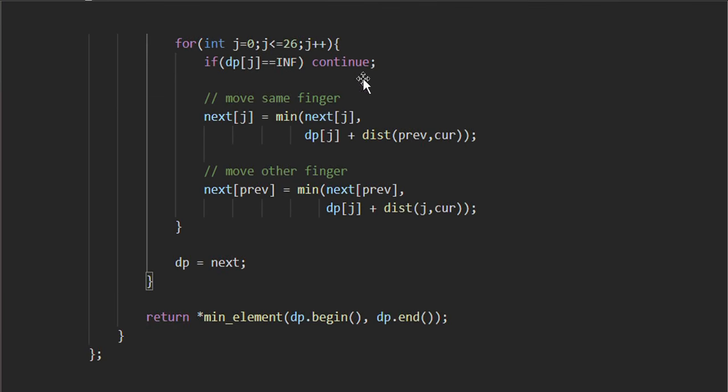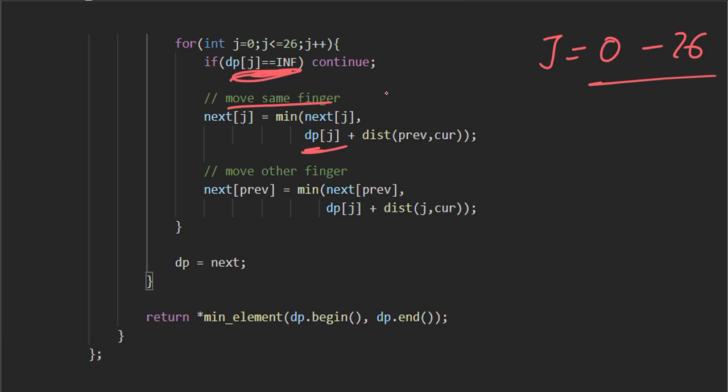Then we see all the positions from 0 to 26 of the other finger. If dp of j gives us infinite, it means we haven't computed that state yet, so we can't use that state to compute the next state. But if it is not equal to infinite, it means we have computed it, so we can use that state.